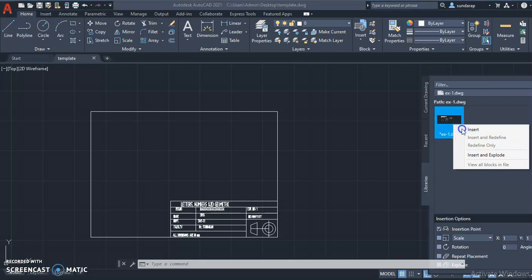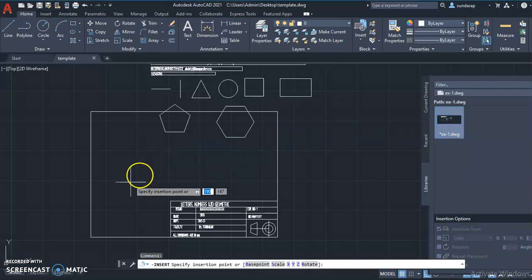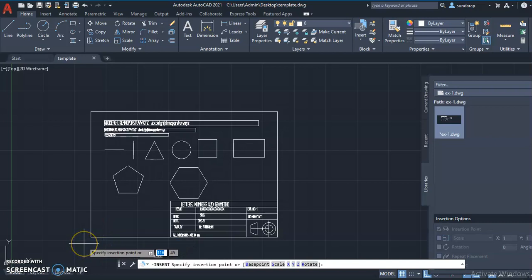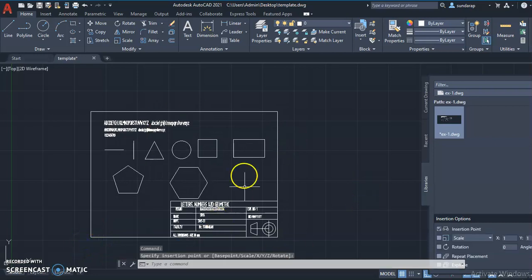Then select insert. So keep it over here. So now we make